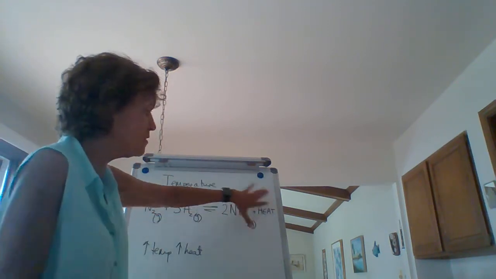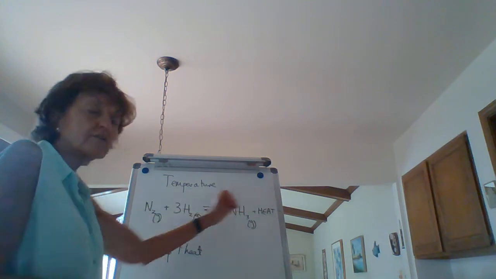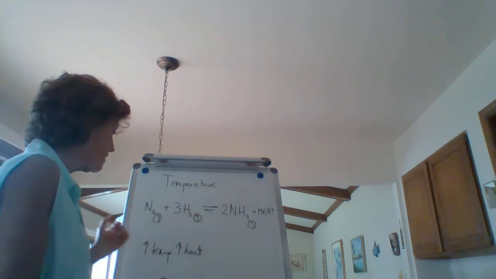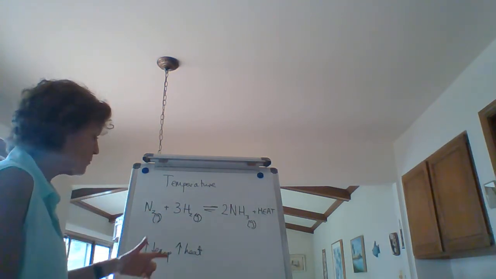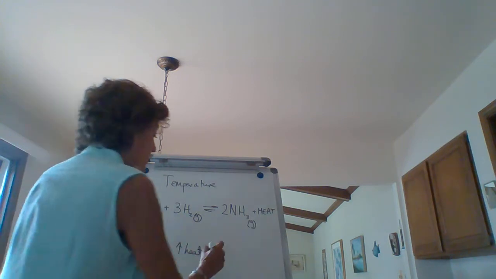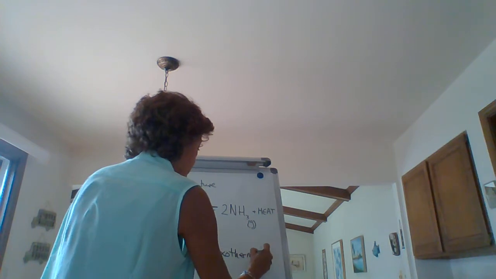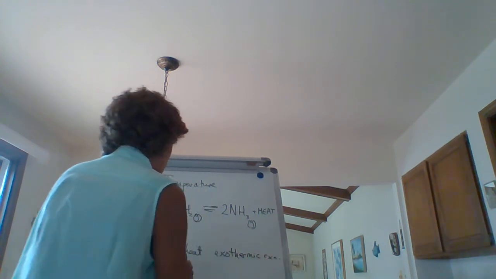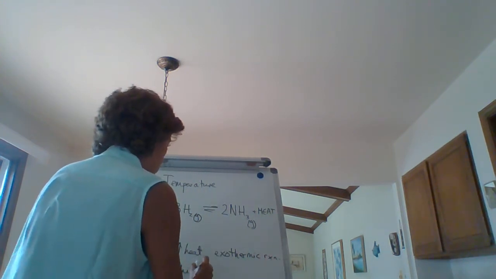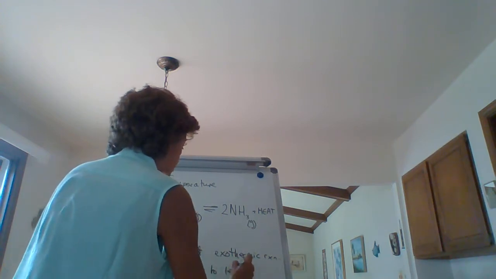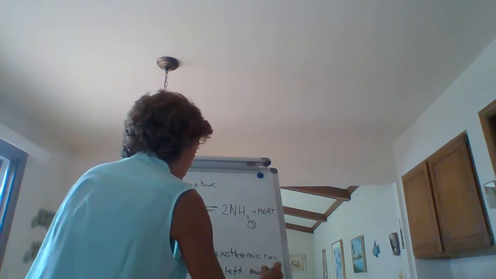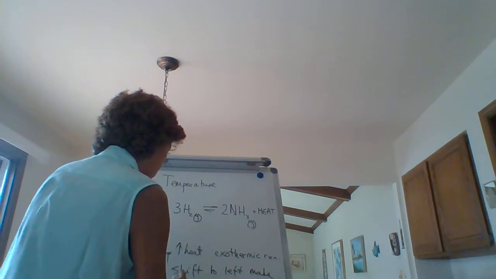So if you're putting in more product, it's going to shift towards the reactant side. So if you increase the temperature, meaning increase the heat in an exothermic reaction, it's going to shift to the left and make